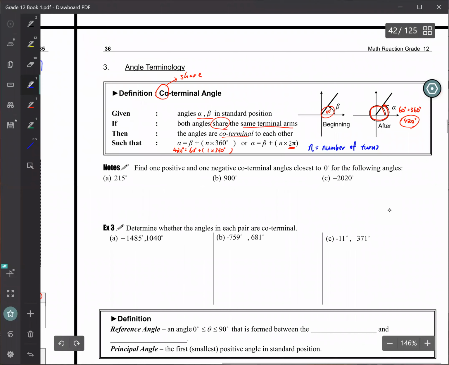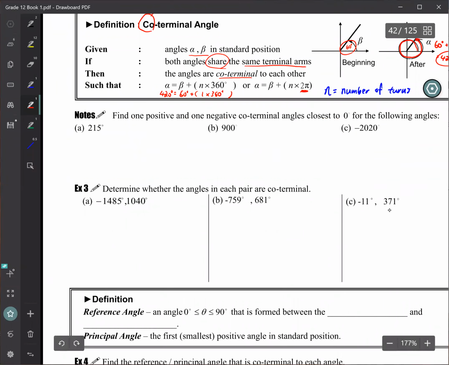Over here you will have a question like this in your homework. I would like you to start this one. Make sure you study this one before you begin. Here we would like to find one positive and one negative coterminal angle closest to 0 degrees. Meaning, with coterminal angles you can keep on adding 360. You add another 360, you get another coterminal. But otherwise everyone will give a different answer,